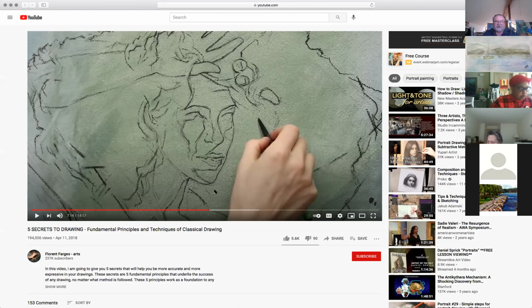He hasn't started filling anything in, but he's just more or less putting down some basic simple shapes that he can come back in and start filling in and develop the rendered drawing at that point. Once he feels like he's got all of his shapes and proportions in the right place, and that they relate to each other correctly, and they're at the right distance and size relationship between them. Okay, so